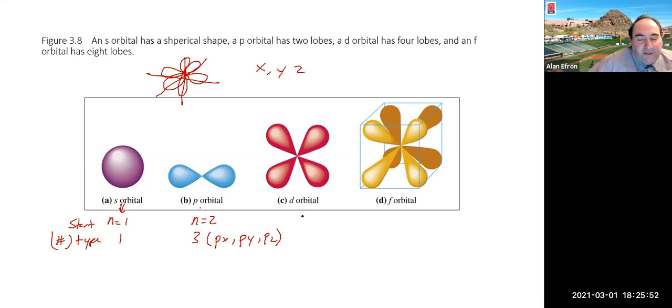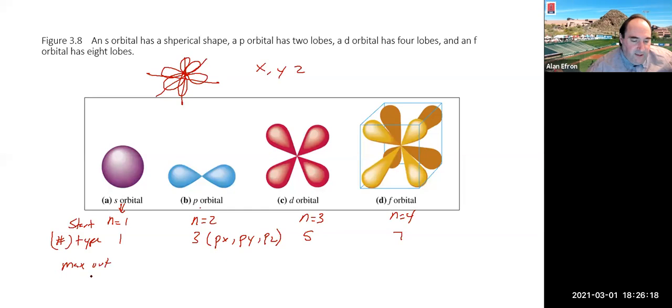D orbitals start on the 3rd energy level. That's where we first start to see them. And there are 5 different d orbitals. And f orbitals start to appear on the 4th energy level. And there are 7 different f orbitals. That means that if I max out the number of electrons,